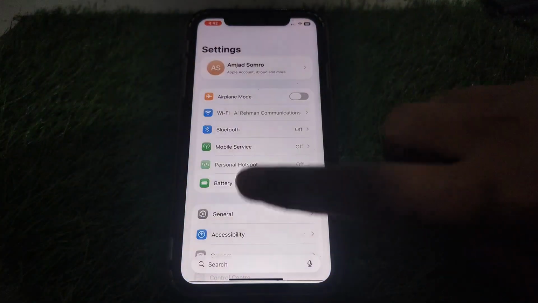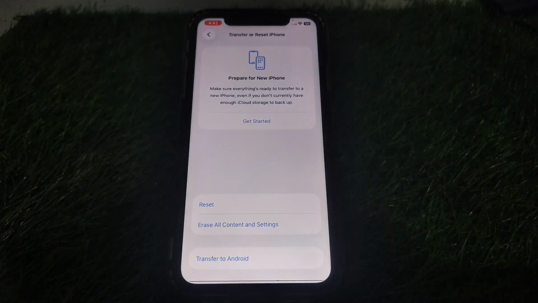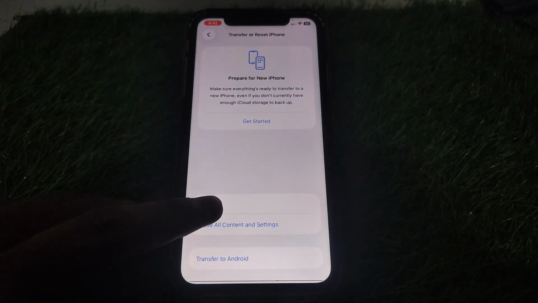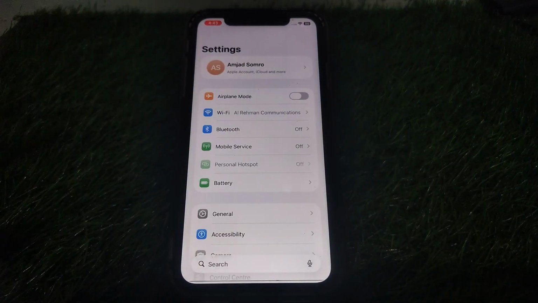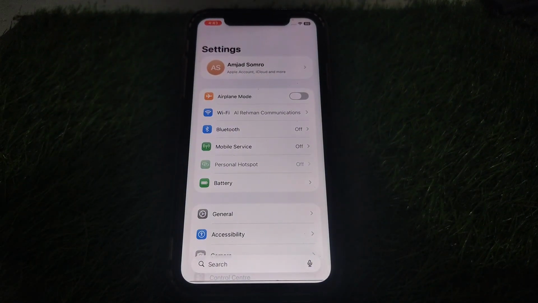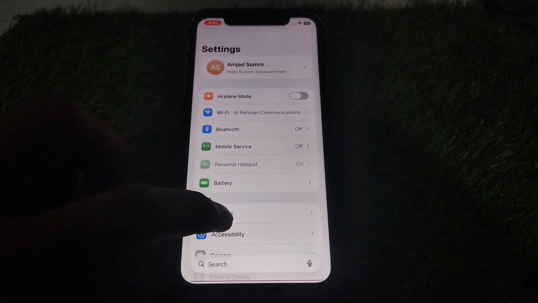and after that go to general. And after that scroll down until you find the option of transfer or reset iPhone. And here you have to simply click on reset, and reset all of your network settings. And after resetting all of your network settings, you have to go to general again, and